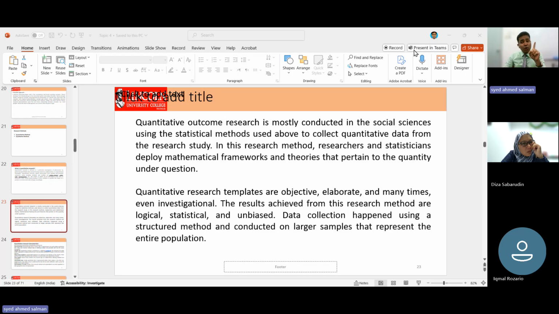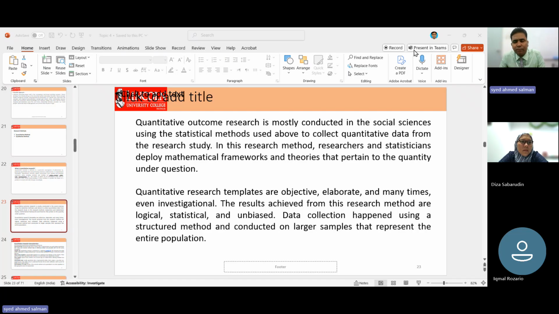If the research population is 1 million, I'm talking about 1 million, if the students who are studying in private universities exceed 1 million, then